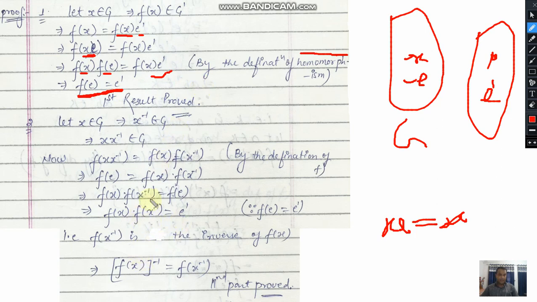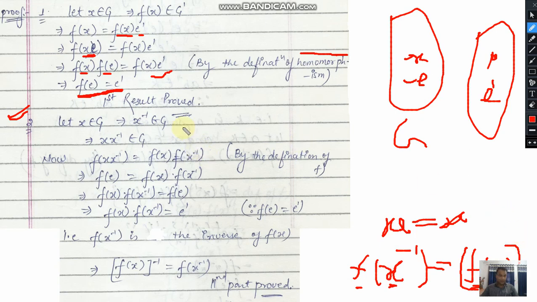Now we are taking one more statement which is given in this problem. Students, please make it correct: the statement must be written as, the mapping of the inverse of any element will be equivalent to the inverse of its mapping. It means either you can calculate the inverse of element x and after that calculate the mapping, or you can calculate the mapping and its inverse. So we will understand the proof of this statement.